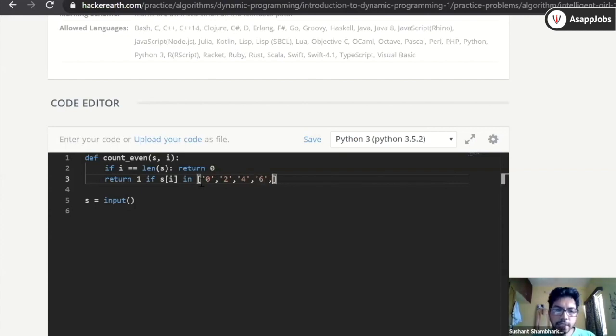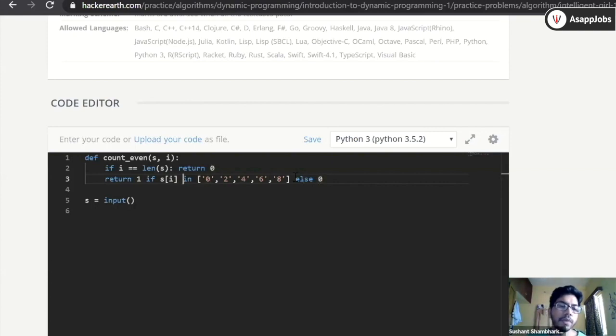I'm just writing it this way because it's a string. I don't want it to convert to integer because that's extra overhead. Else 0. Return 1 if it is even, or else 0. I have calculated for an empty string and the string with only one letter. Now just add a k plus 1. Say if there are two letters in the string, what could be the output?